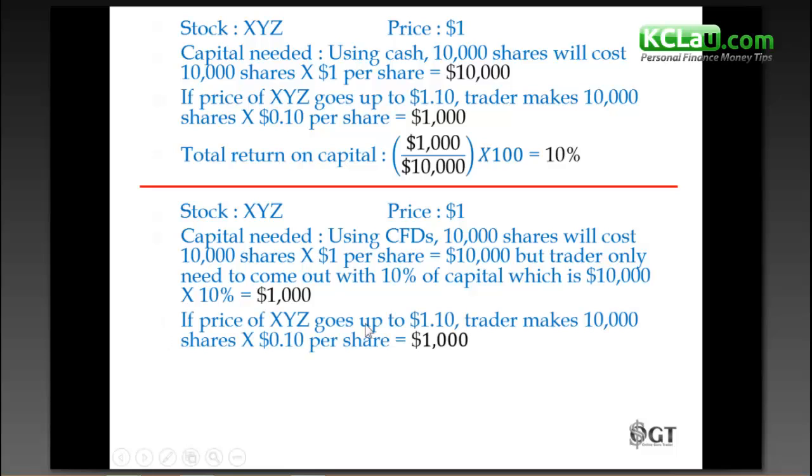And let's say the same scenario, XYZ goes up to $1.10, potentially you will have made $1,000 as well. And because your capital is